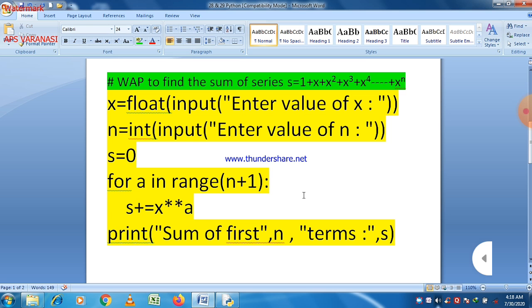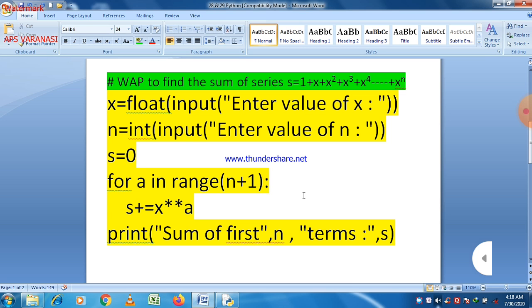Next time it will take another value of a and add it to the previous sum, and this process goes on until the condition is satisfied. And at last, when we find the sum, there is a statement that prints sum of first n terms is equal to s.